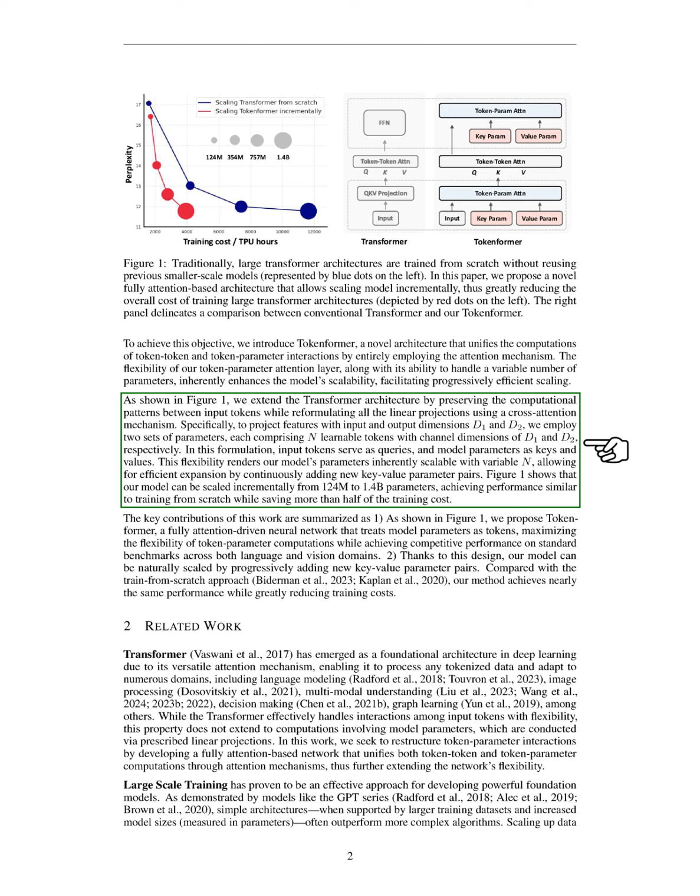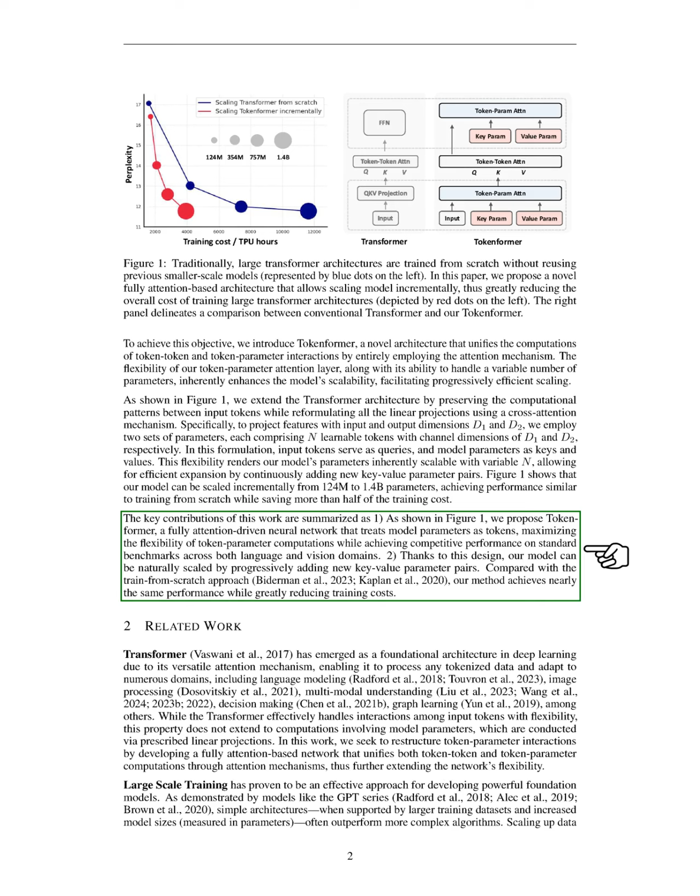Our model can be scaled from 124 million to 1.4 billion parameters, achieving performance comparable to training from scratch while saving over half the training costs. The main contributions of our work include: 1. Proposing Tokenformer, a fully attention-driven neural network that treats model parameters as tokens, enhancing the flexibility of token parameter computations and achieving competitive results across language and vision benchmarks. And 2. Enabling natural scaling of our model by progressively adding new key-value parameter pairs, which reduces training costs compared